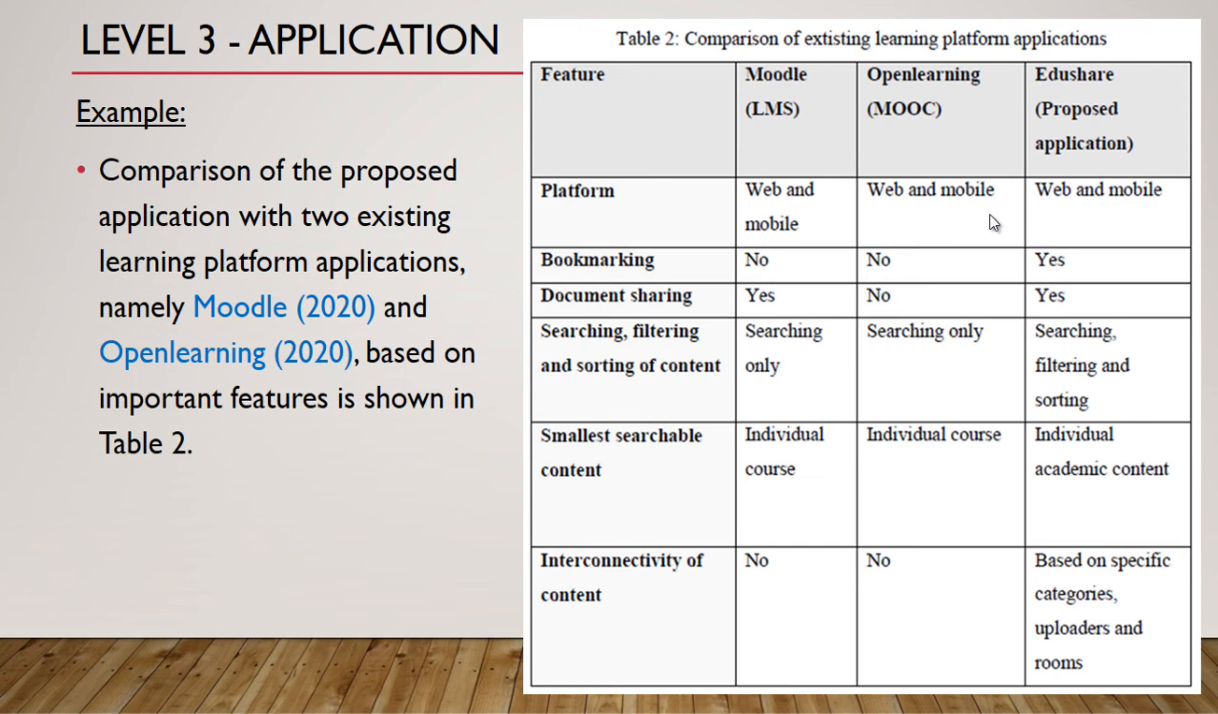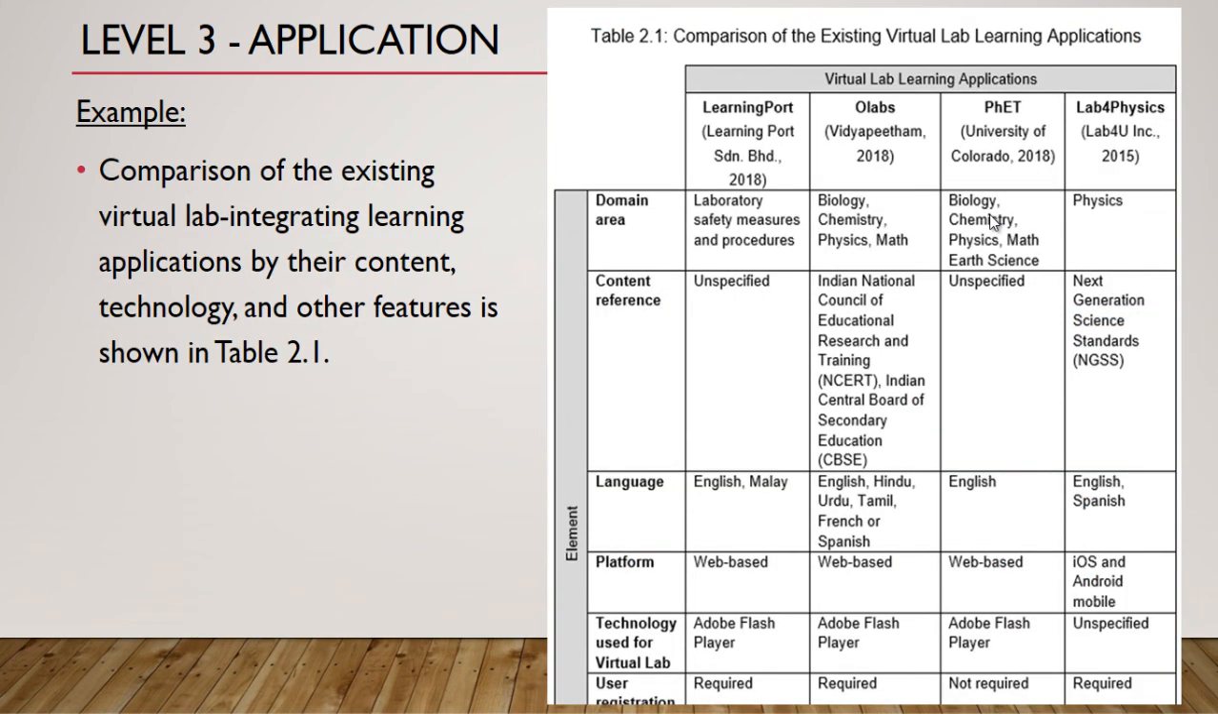Okay, now let us look at another example. This is a comparison of the existing virtual lab integrating learning applications by their content, technology, and other features, and this is shown in this table. You can see that it covers many features such as domain area, content reference, language, platform, technology used, and others. I have to truncate the image because it is too long. But basically you can see that